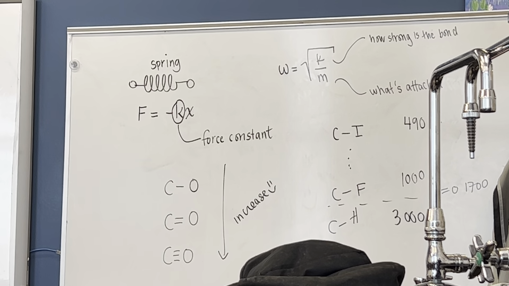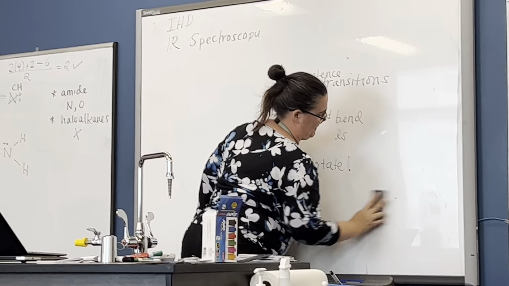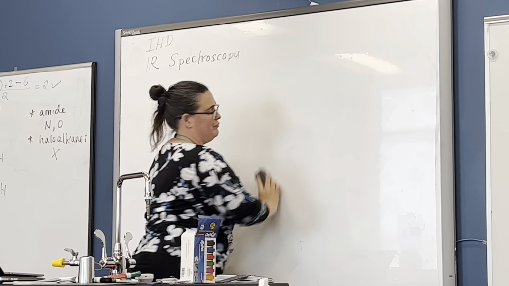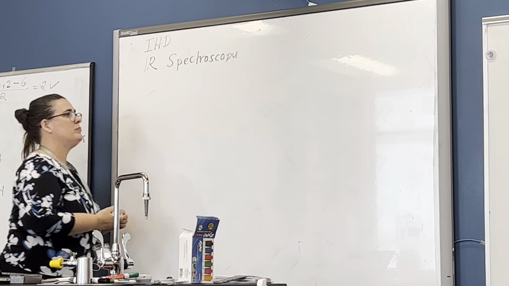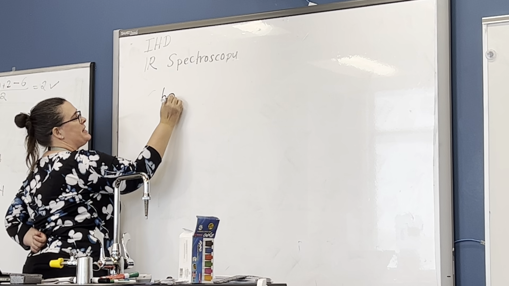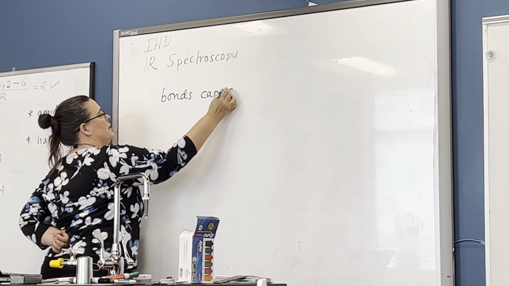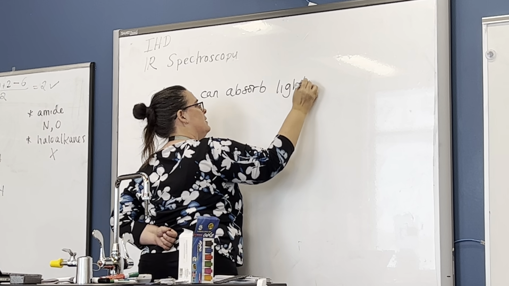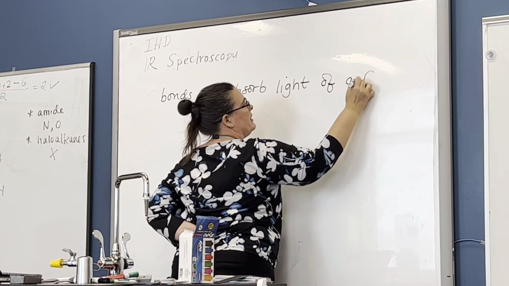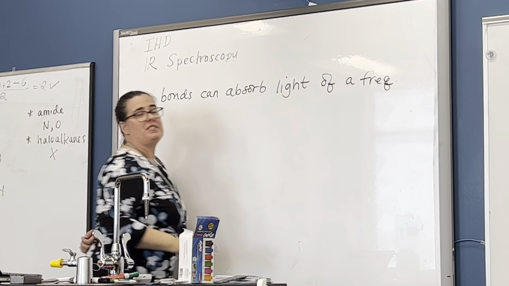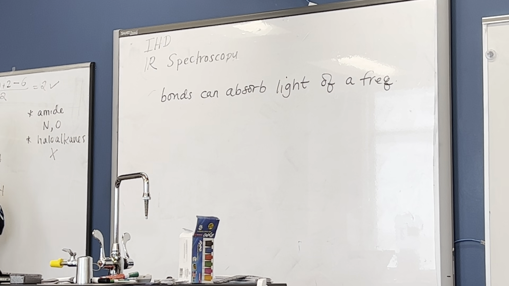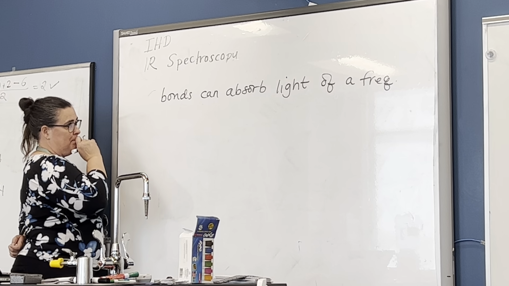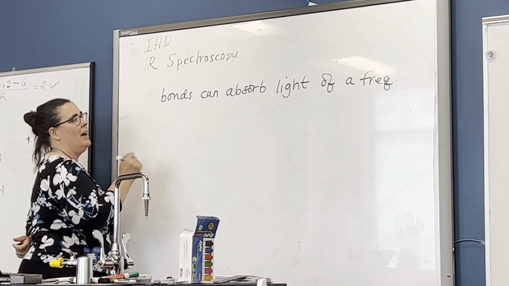So the frequency there is the unit that I learned physics in, but IR spectroscopists have a crazy sense of the world. What we're going to find is that bonds can absorb light of a frequency that matches the square root of k over m, the frequency that's in there. And so we're going to find that frequency,